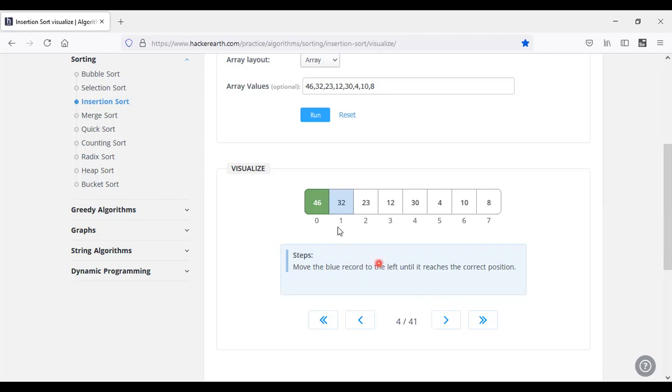Here we need to process the comparison element to its own correct position until it reaches it. The step is indicating to move this blue record to the left until it reaches its correct position. At present we have only 2 elements, so the correct position is the first one.